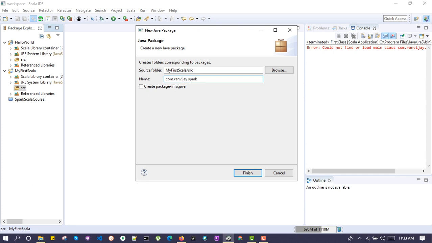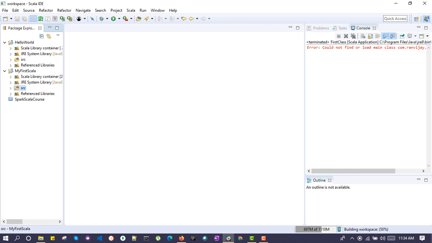This is because after compiling Scala, you will get a byte class object which is also provided by Java. So you can just ignore this; this remains the same Java package, you can see, but ignore this one, it's the Scala package. Finish. You can see a folder with the package name has been created.